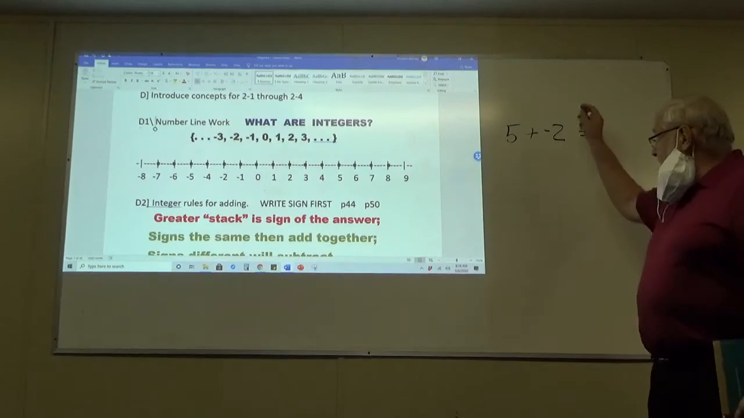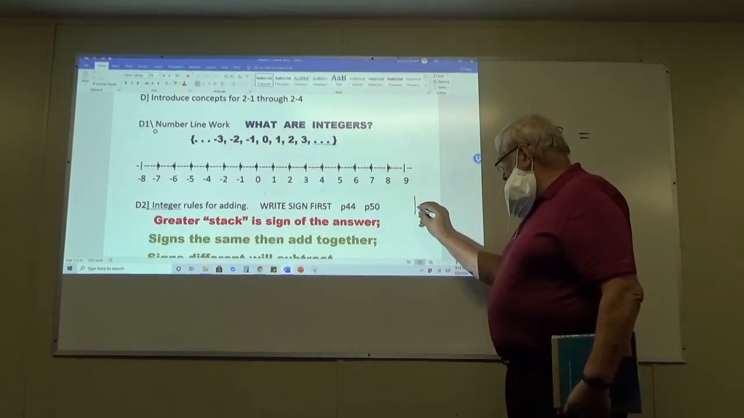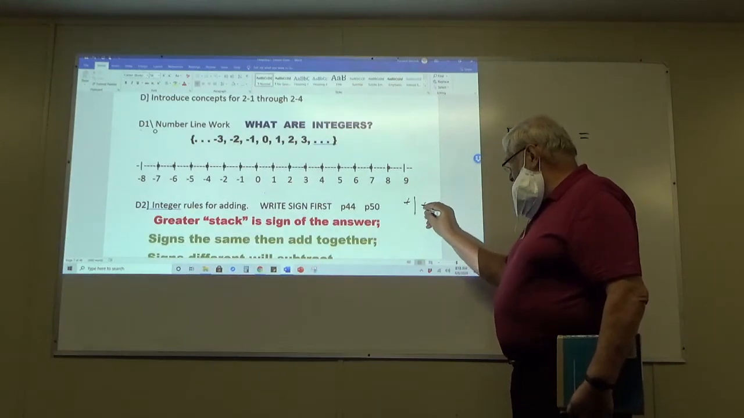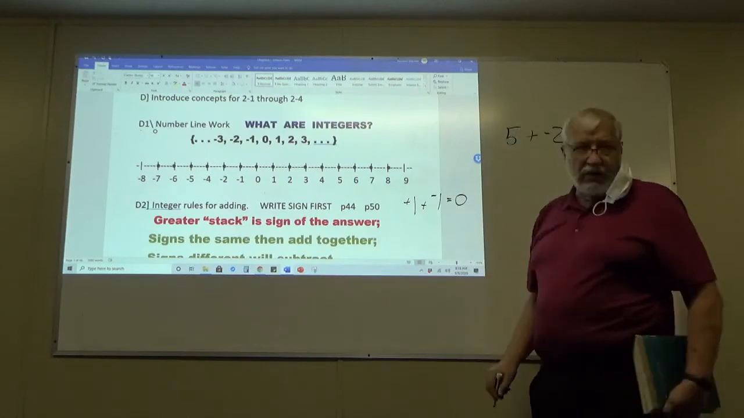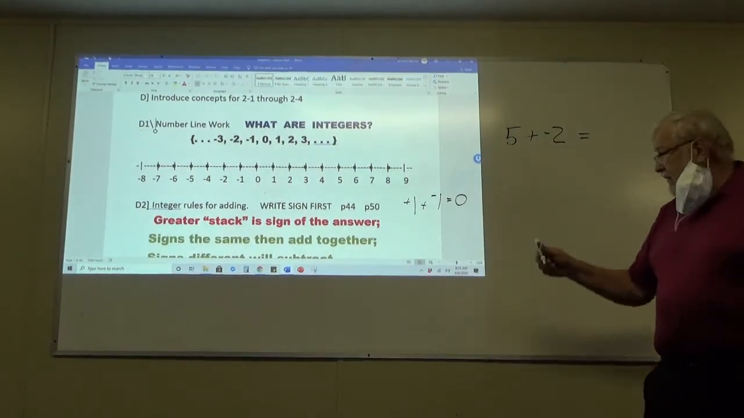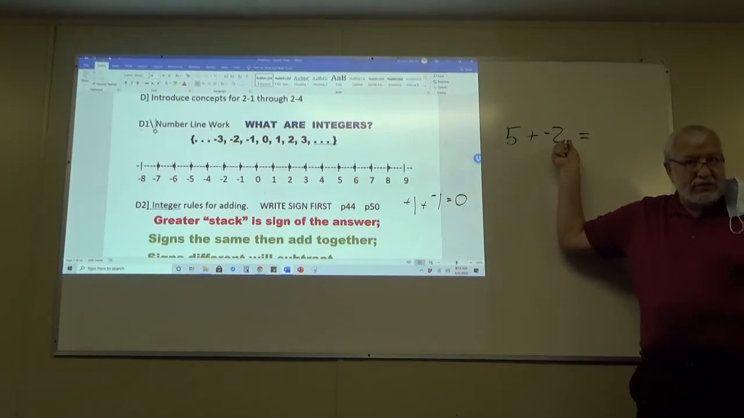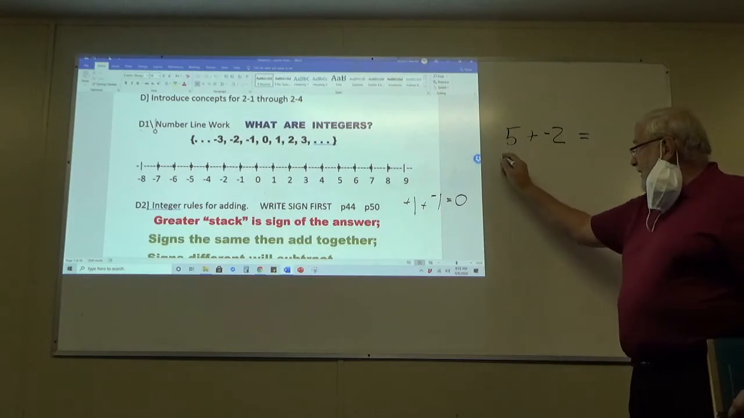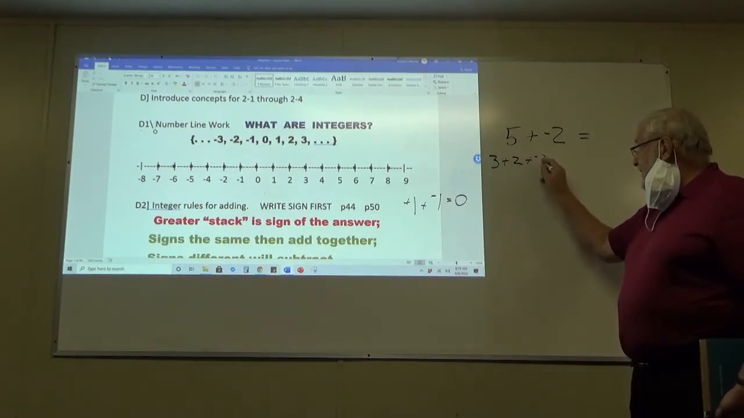Now, one of the things that we have to understand with integers is 1 positive plus 1 negative equals 0. They are called additive inverses. When I look at this, I have 2 negatives. If I split these to 3 plus 2 plus -2,